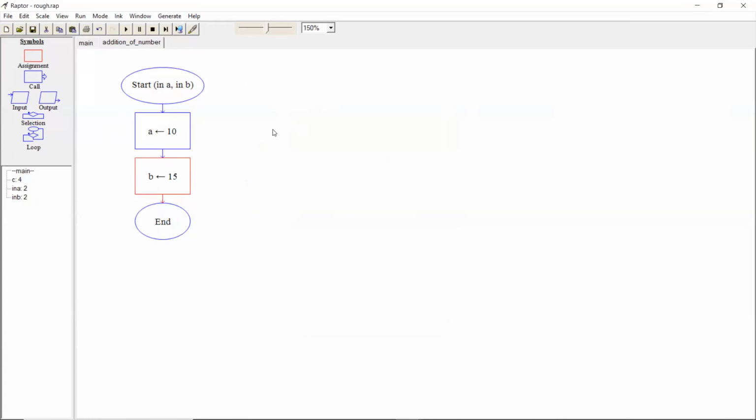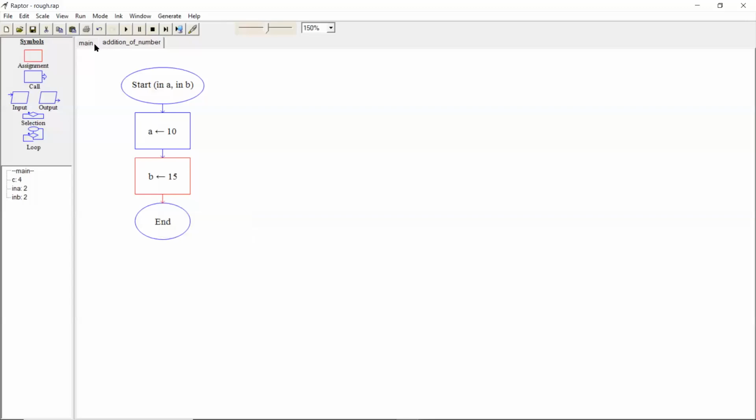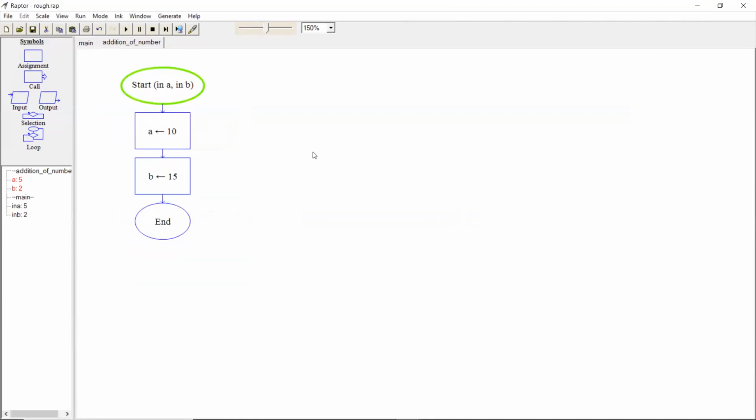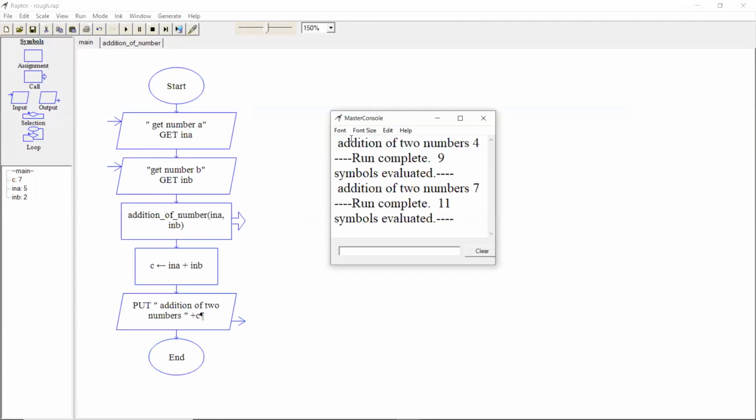Yes, sir. Shall I run the code, sir? When you run the code, give values for INA, INB, some other than 10 and 15. Sir, it is given 7, sir.